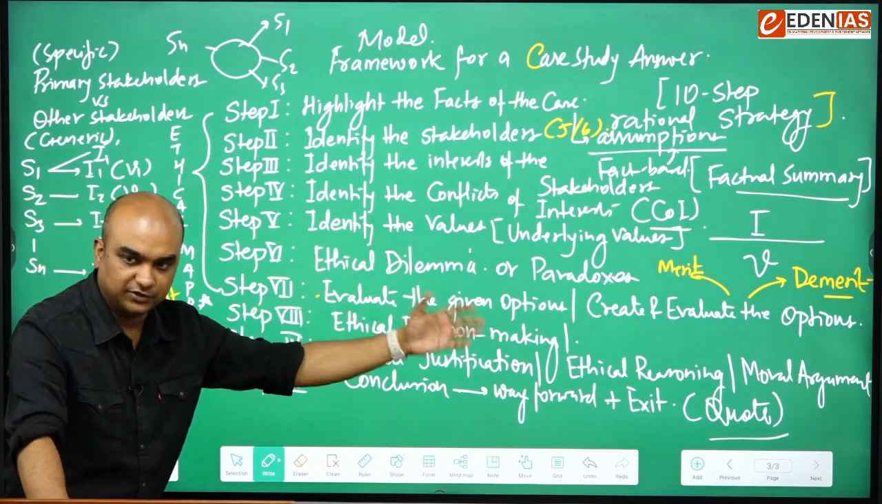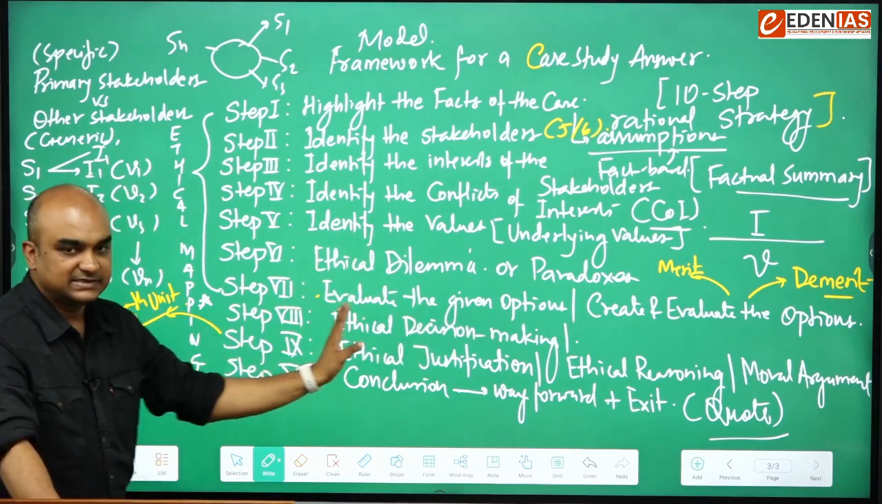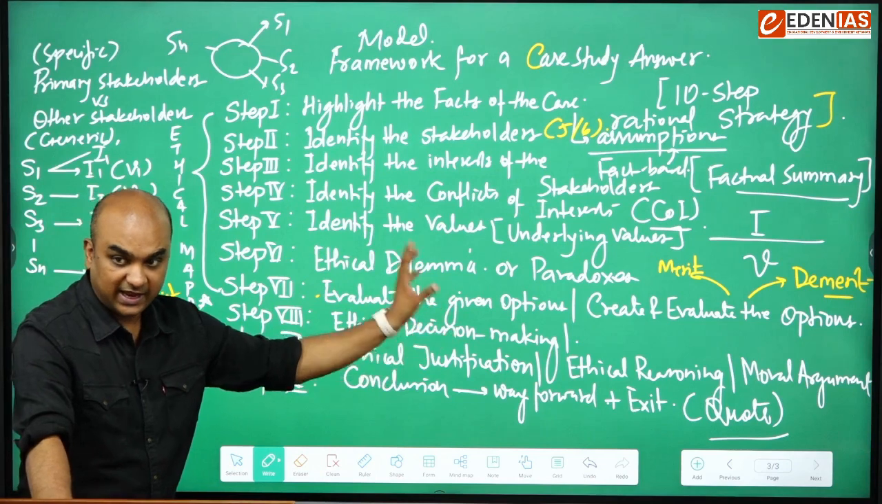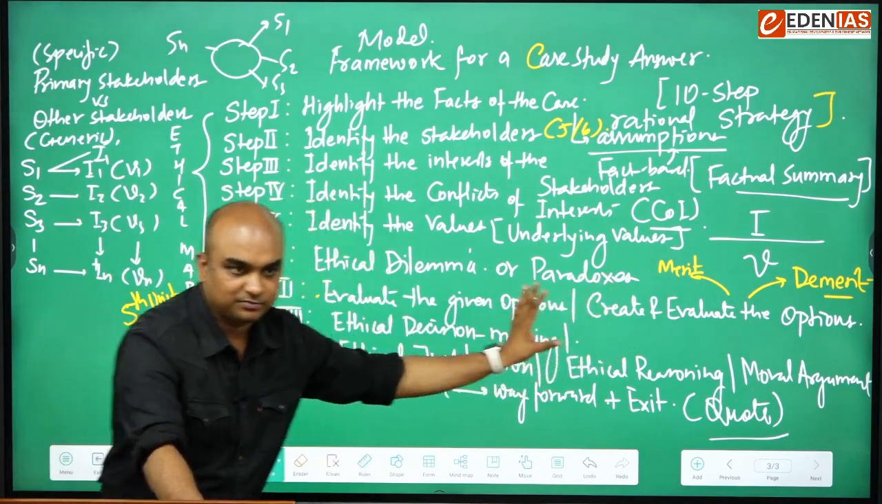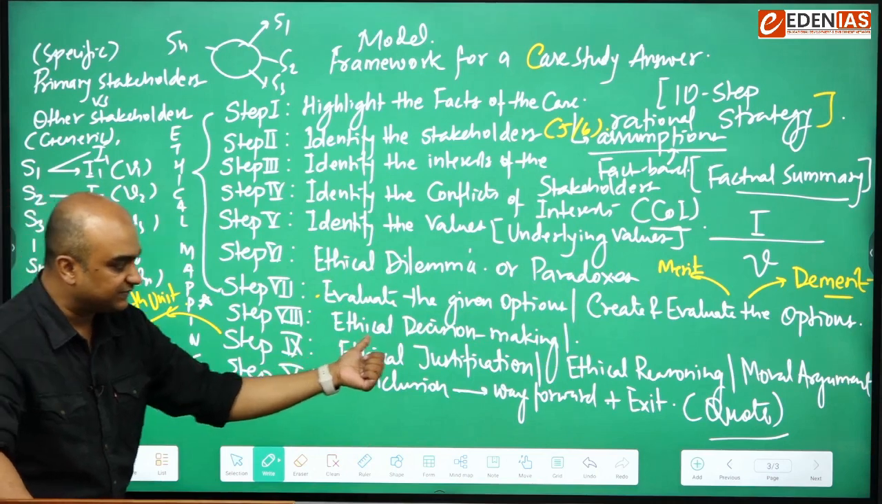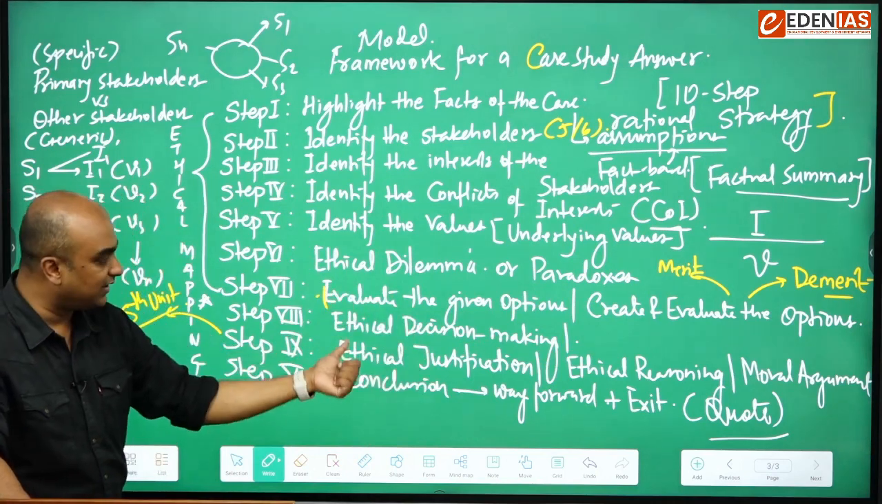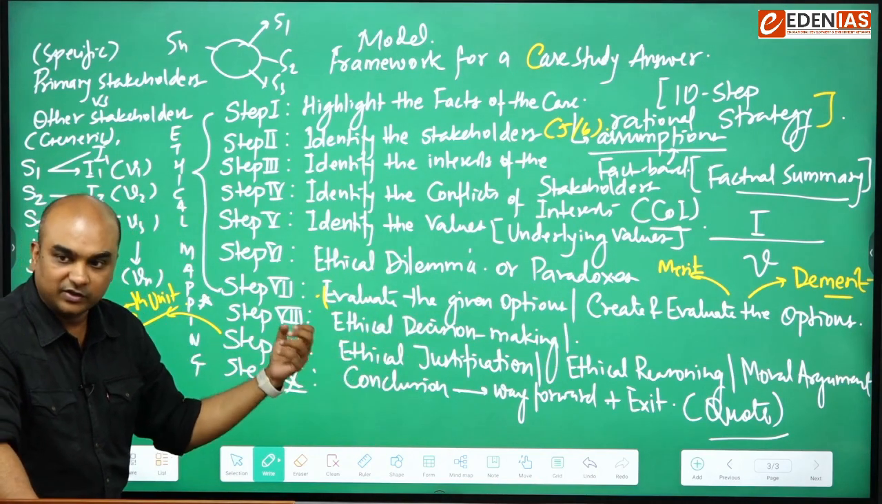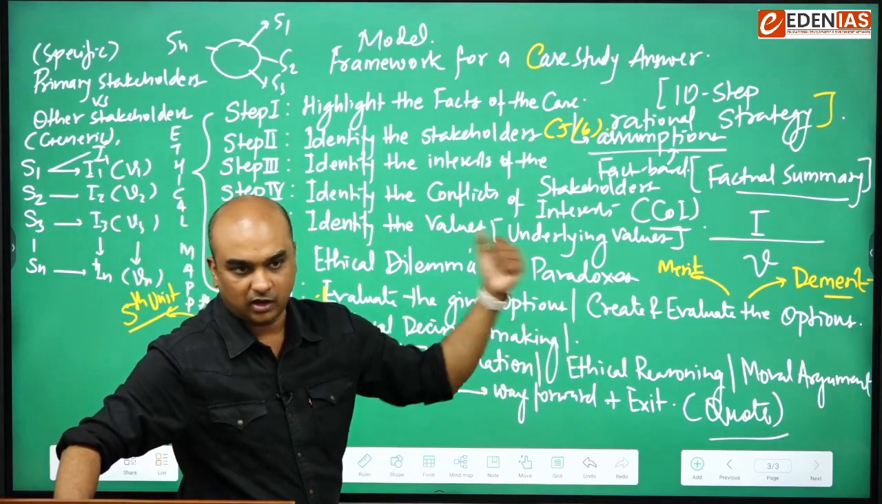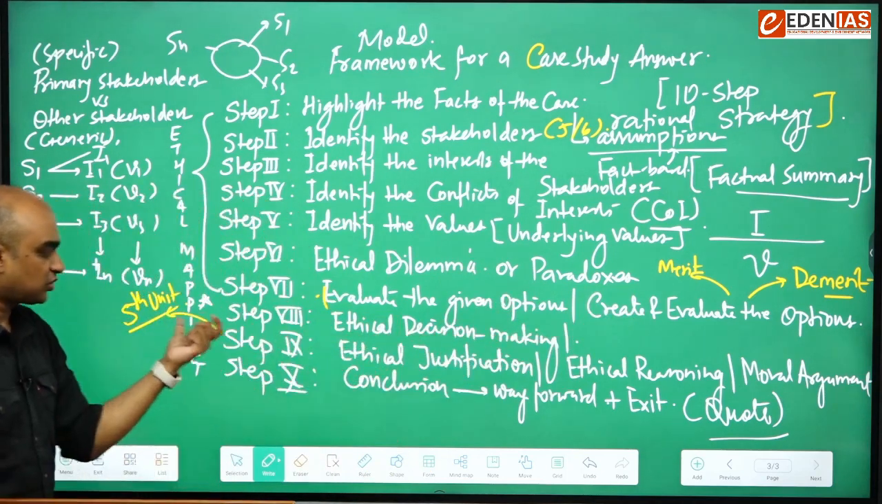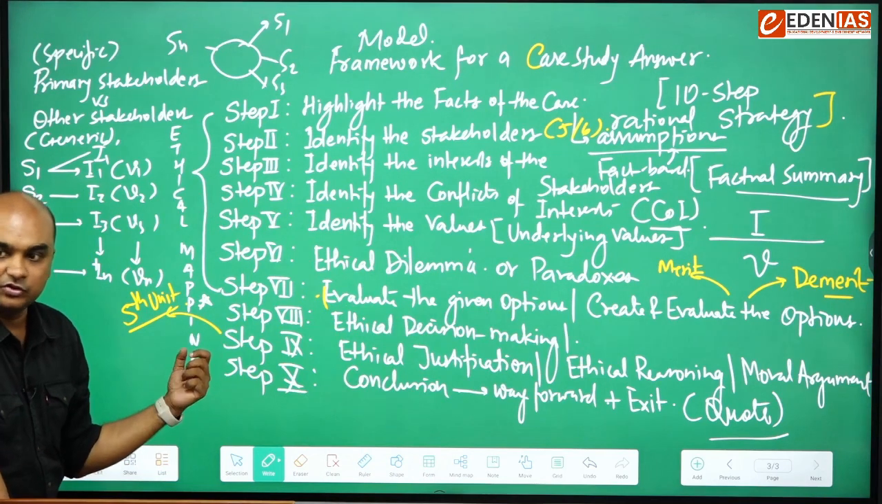After your creation, you evaluate the options, then take the ethical decision as per your evaluation of the merits and demerits of every option. Then you justify your decision, why you have taken this decision. You need to give the reason for that. That is known as ethical reasoning or moral argument, wherein you use scholars, thinkers